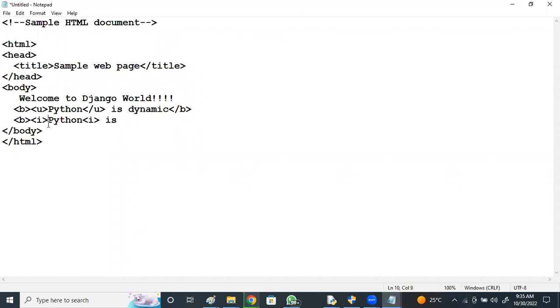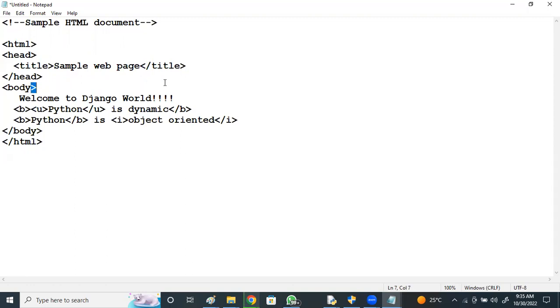Otherwise, not this. Python, let it be in bold. In italic format, I want object oriented, then /i.